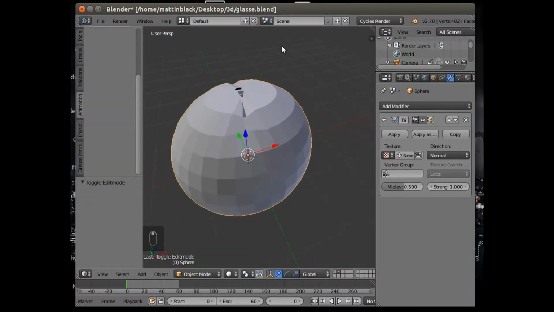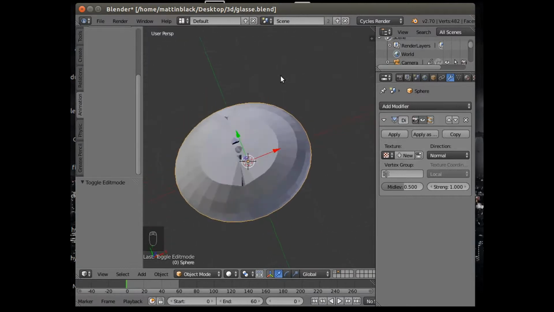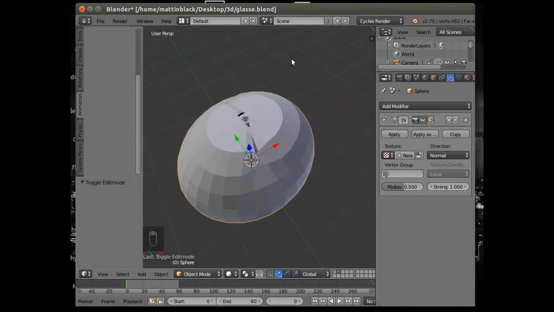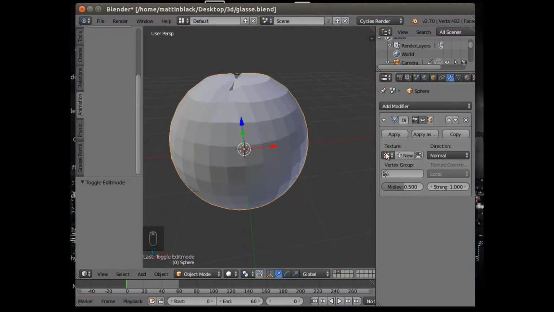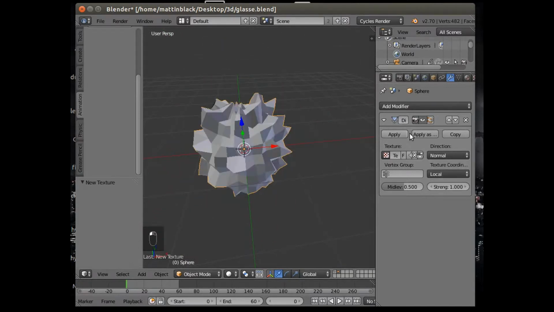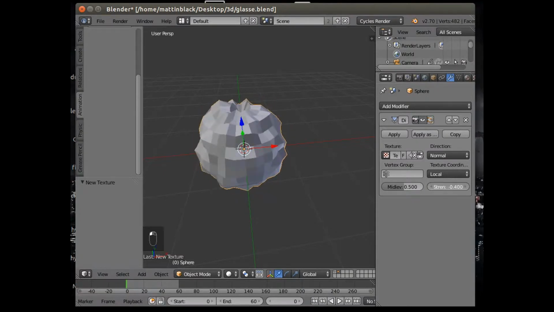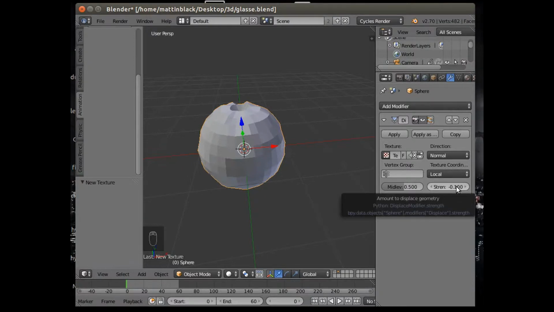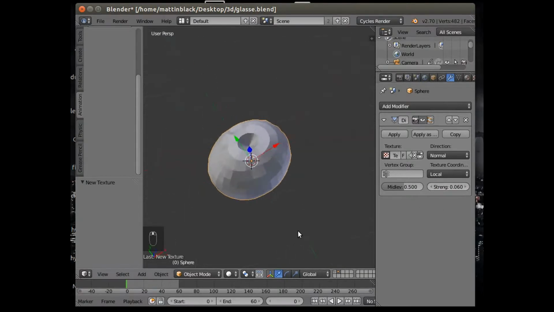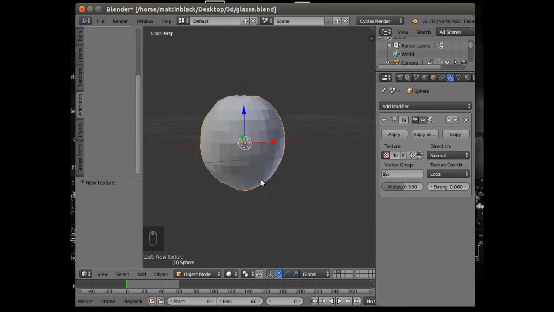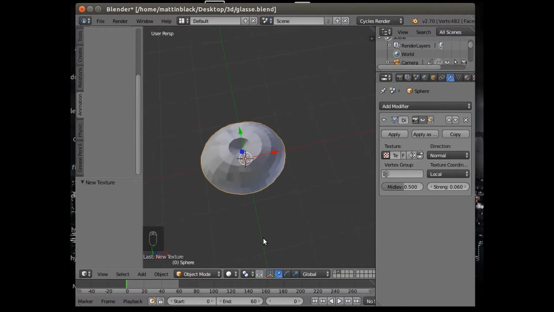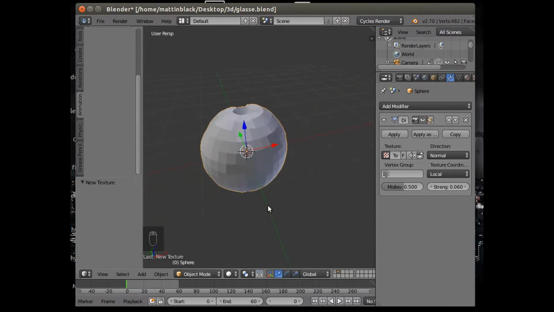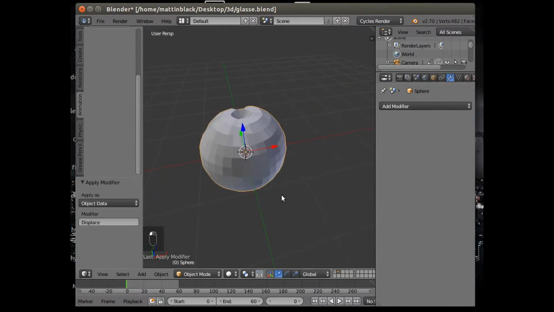I can use the object mode here. I'm just going to have a cloud, and obviously I want the strength to be tiny, something like 0.06 maybe. It's just enough to give it some irregularity, that's all, no more than that, just like that. And I'm going to apply that,